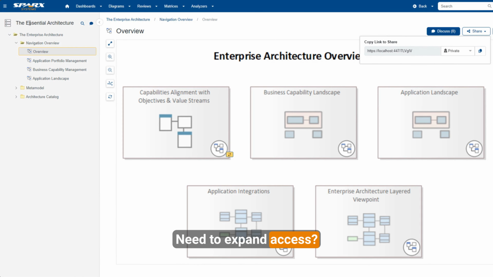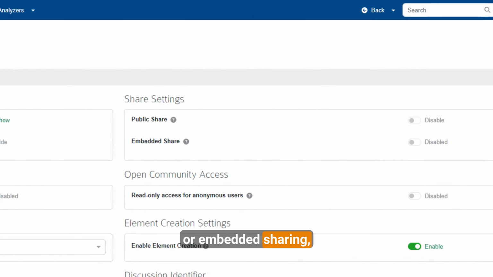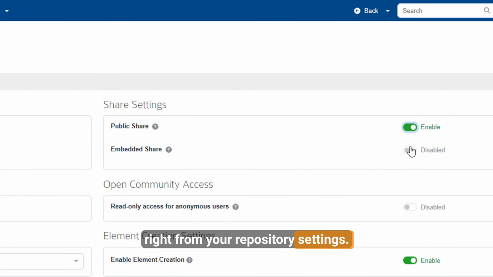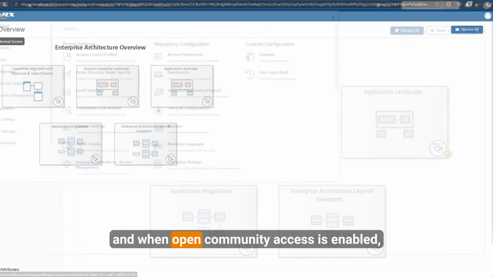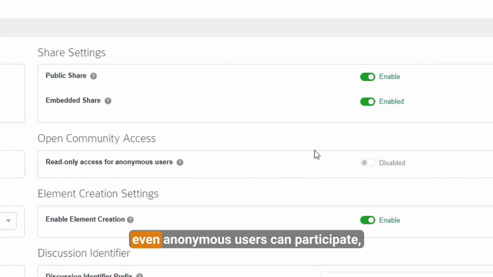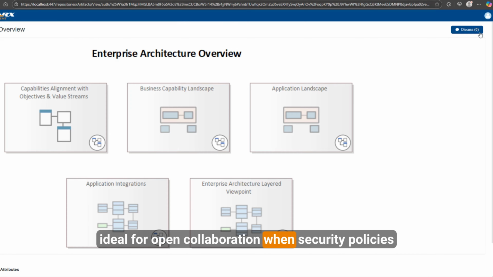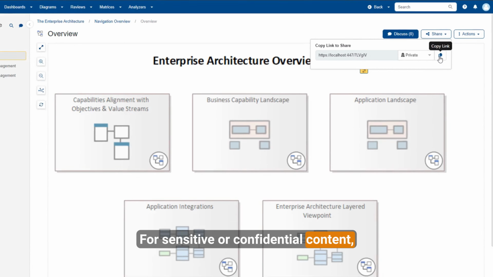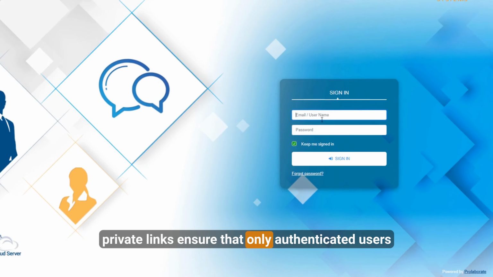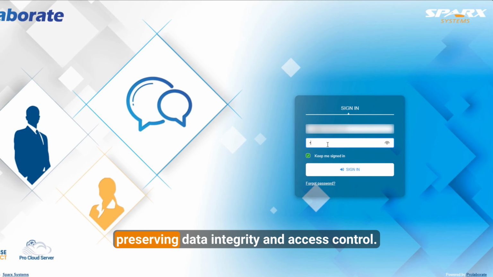Need to expand access? Prolaborate gives you the flexibility to enable public or embedded sharing right from your repository settings. Public links allow approved users to view content in read-only mode, and when open community access is enabled, even anonymous users can participate, ideal for open collaboration when security policies allow. For sensitive or confidential content, private links ensure that only authenticated users with explicit permissions can view it, preserving data